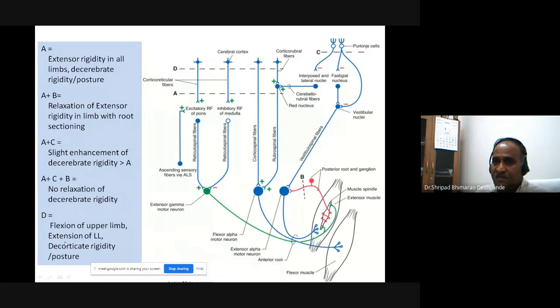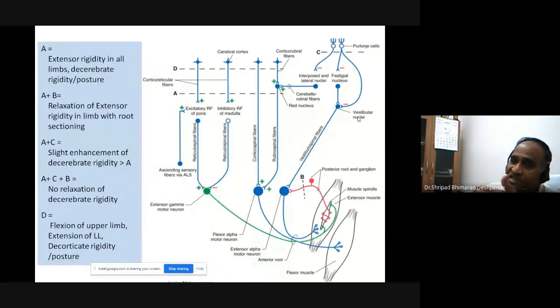D, flexion of the upper limb and extension of the lower limb, decorticate posture. D is the section D. Section D is a decorticate rigidity. So this is what is given in Ganong. This is what I have taken from Ganong. I have explained them. These are small prints there, and I have explained them. So this is what I was trying to tell about